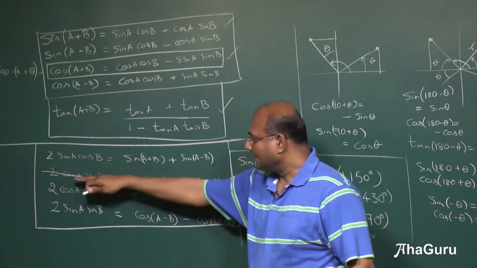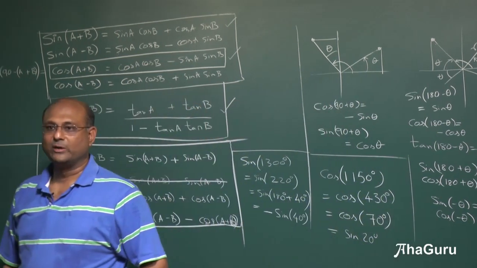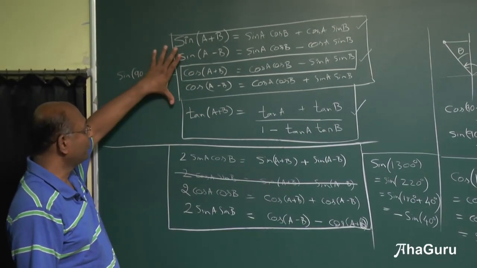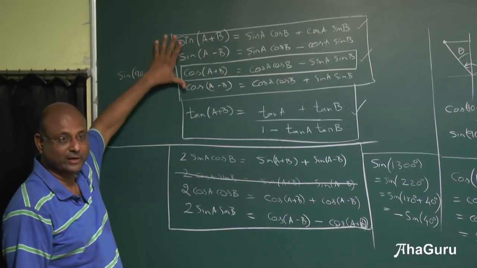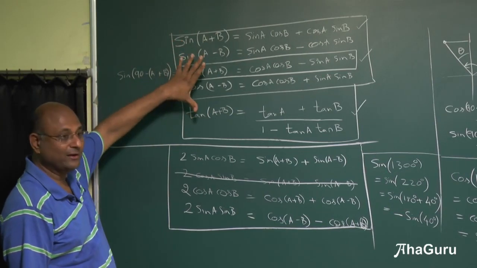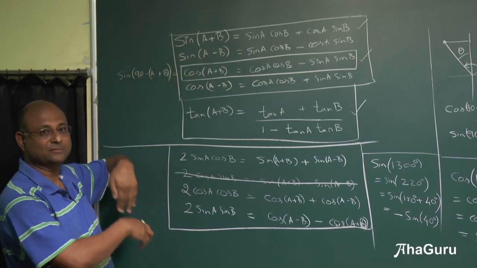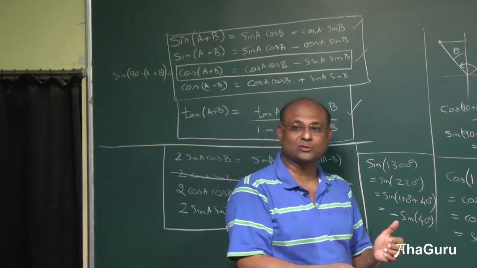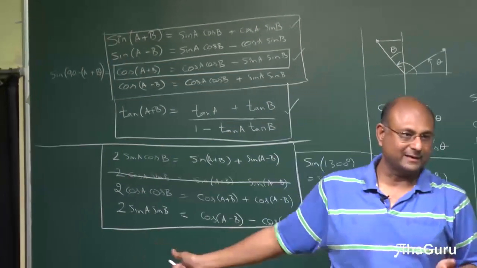So these 3 formulas, there is one more in the middle, the 4th one, which you don't need to remember, you can derive, but these 3 and those 4 plus 1, this fellow, 5. This is one kind where you are looking at trigonometric ratios of sum of angles. This is product of trigonometric ratios written in terms of sum of angles.